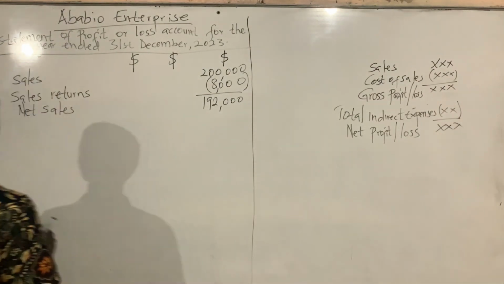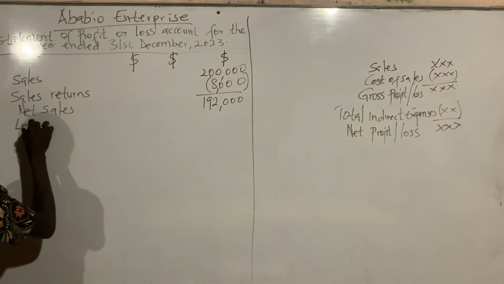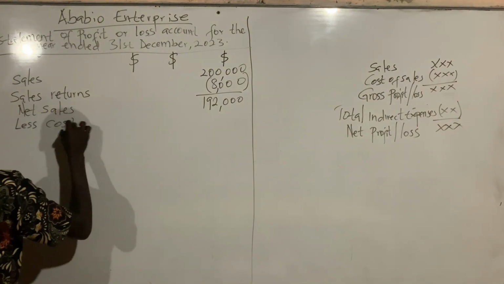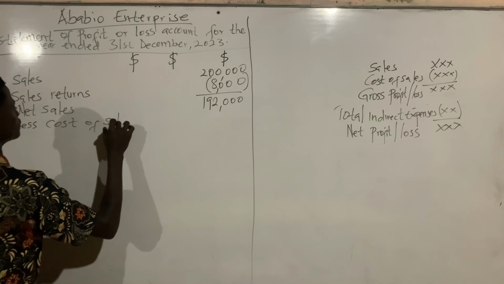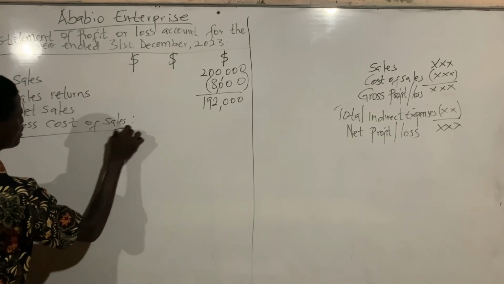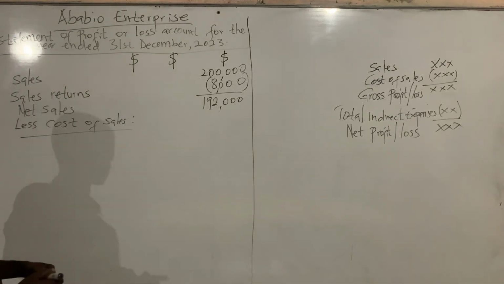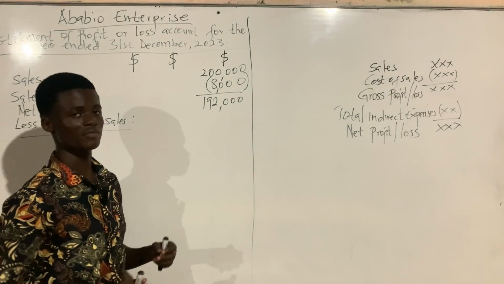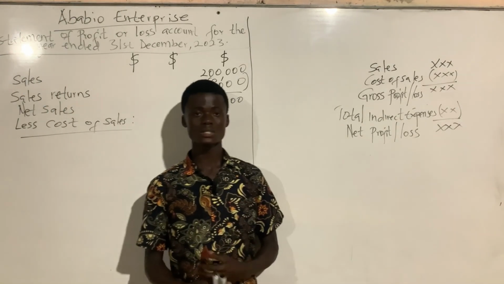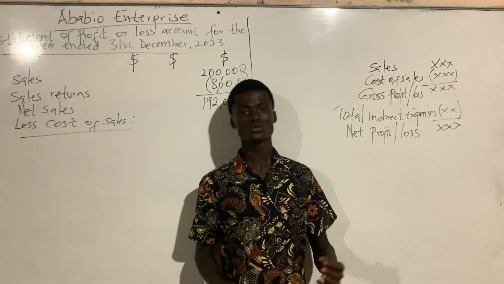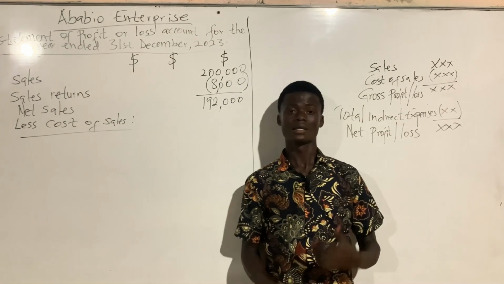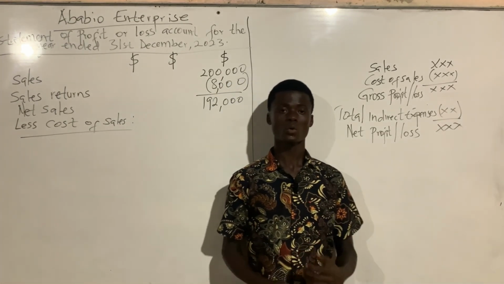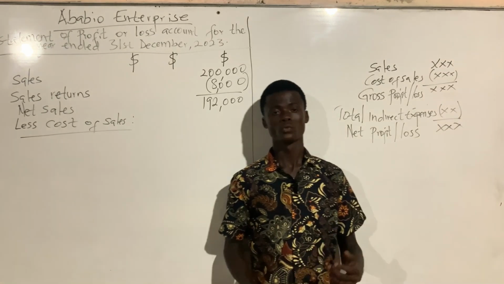So you write less cost of sales, and then we will start working on our cost of sales. But as we said in the previous video, cost of sales is ascertained after getting your cost of goods available for sales. Then you subtract your closing stock from the cost of goods available for sales to get your cost